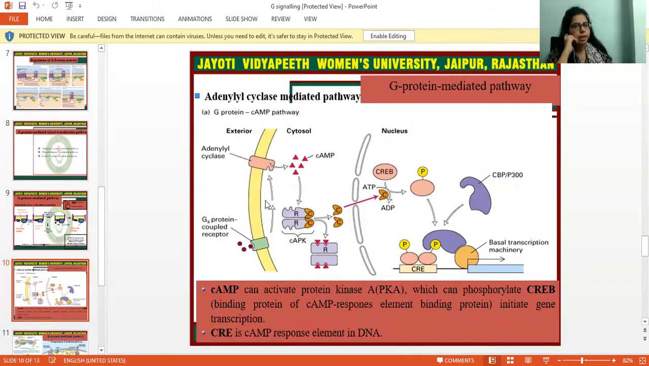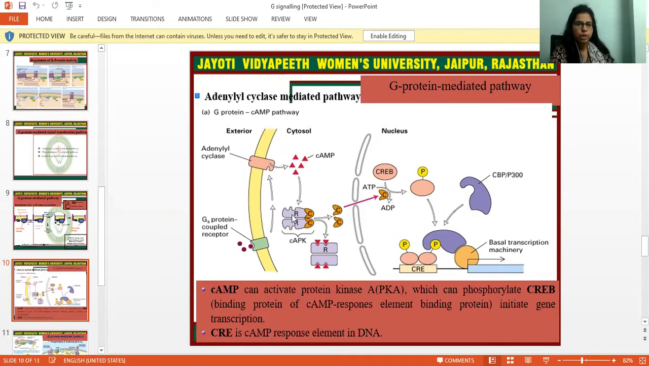In the second type, which is the adenylyl cyclase mediated pathway, you can simply understand this is the adenylyl cyclase. This one is a G protein. When the alpha subunit in activated form binds to the adenylyl cyclase, it creates the cyclic AMP. This cyclic AMP further binds to the